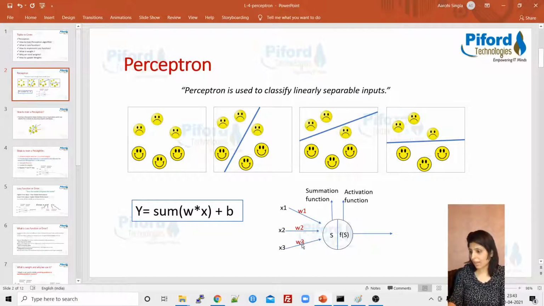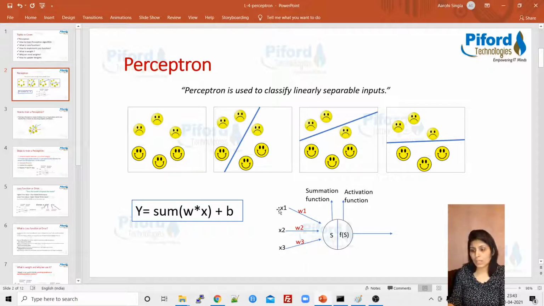All right, I have just shown you the architecture of the perceptron. X1, X2, X3 are the 3 inputs. We are providing these inputs to our perceptron network. W1, W2, W3 are the 3 weights associated with these 3 inputs. In my previous class I hadn't taught you this weights concept, and I told you I'd be covering these topics in today's class. So today I'll tell you why we are using these weights and what the importance of using weights is. In the next few slides I'll teach you that as well.